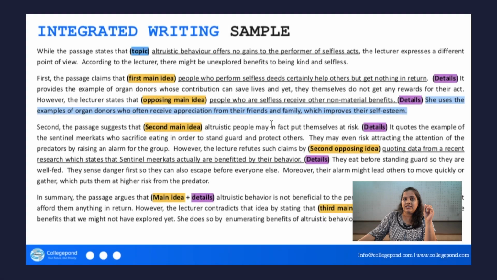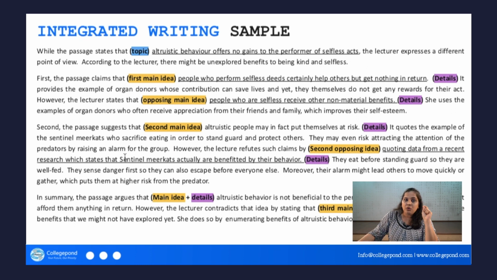When you look at the next paragraph, think of the second main idea. Now in this particular paragraph, we could come up with only 2 ideas per side of the column in the table. But it may so happen that the passage that you get in your exam, you probably have 3 ideas here and 3 ideas there. So that's okay, you will have an additional paragraph, you know what I mean.